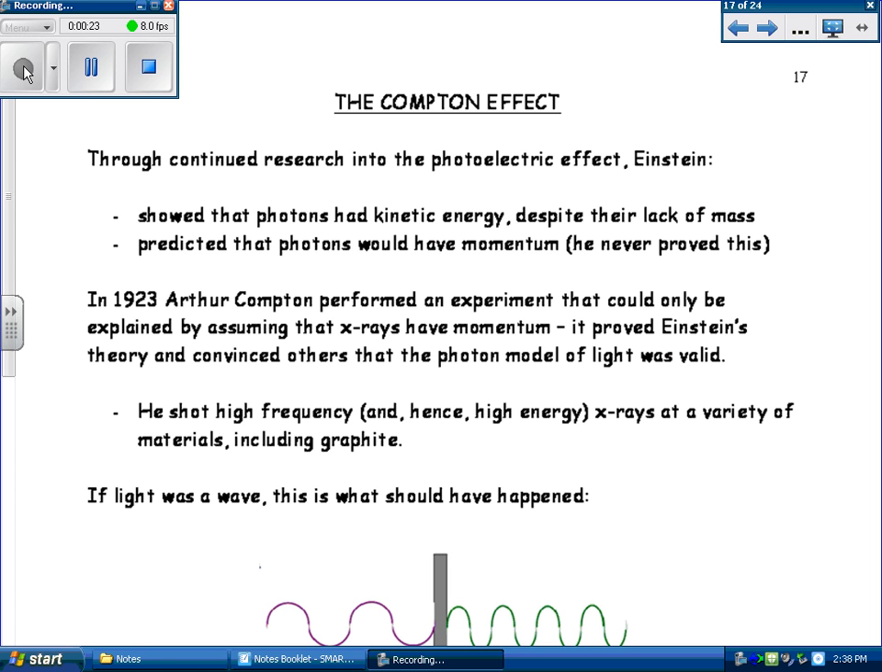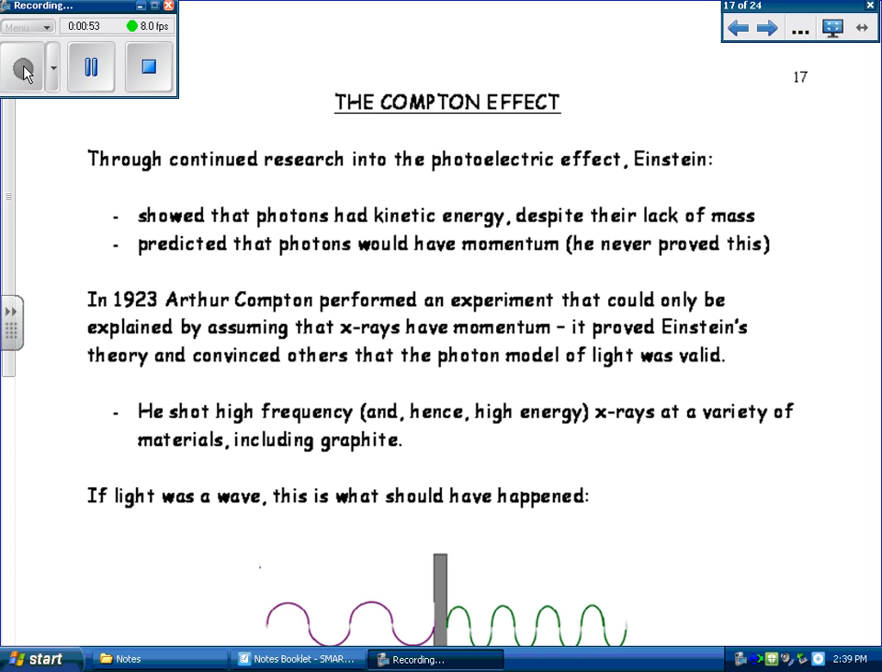So Einstein showed that photons had kinetic energy despite their lack of mass, which is kind of bizarre. And he then predicted that photons would also have momentum, although Einstein never proved this. It was a gentleman in 1923 named Arthur Compton who performed an experiment, the results of which could only be explained by assuming that X-rays have momentum. In that case, it proved Einstein's theory, and it convinced others that the photon model of